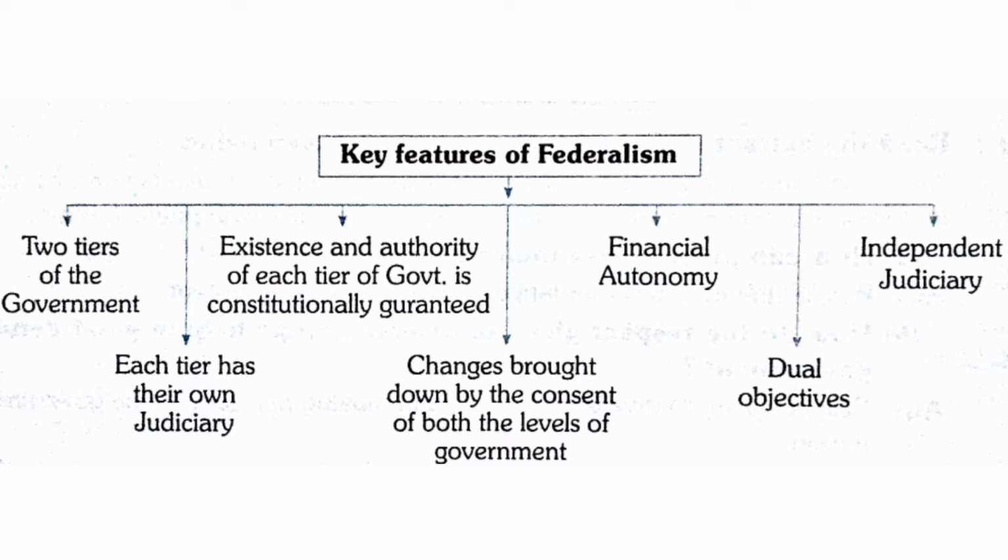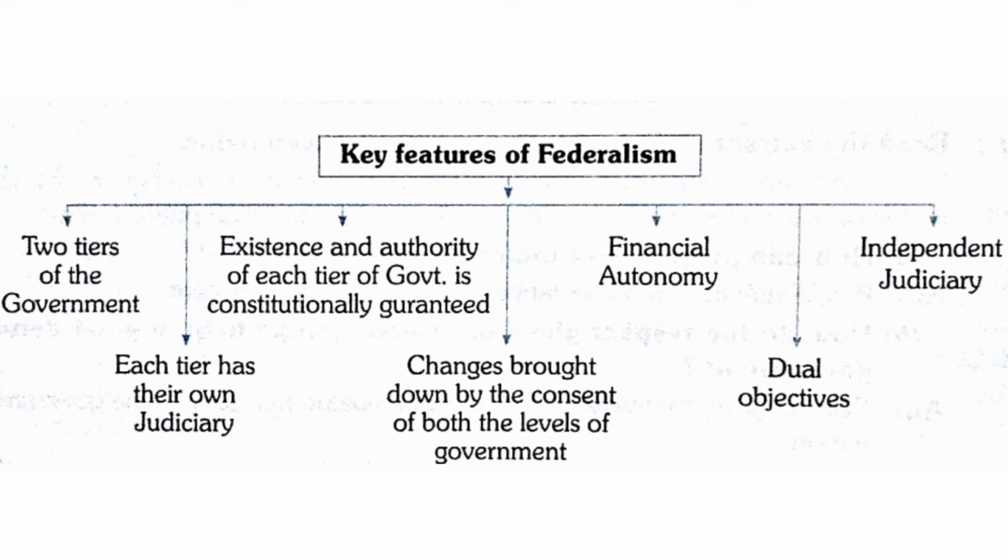So point number 1 is that there should be more than 2 levels of government, and India has got 3 levels. Now each level of the government has its own jurisdiction in matters of legislation, taxation, administration, even though they govern the same citizens. Now power and functions of each tier of the government is specified and guaranteed by the constitution. This was point number 3 or feature number 3.